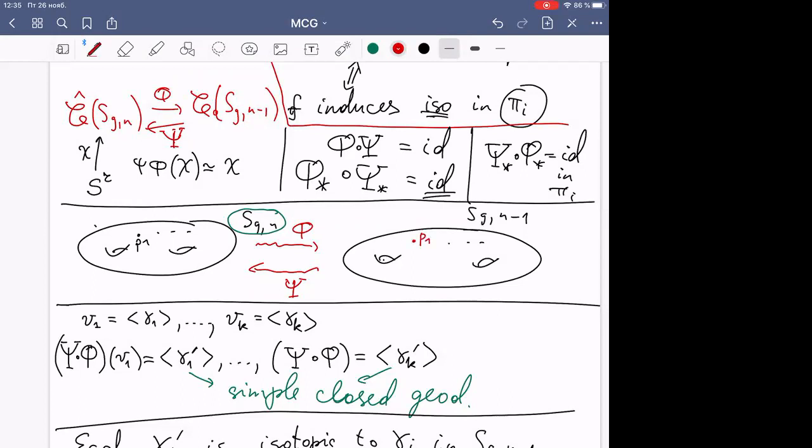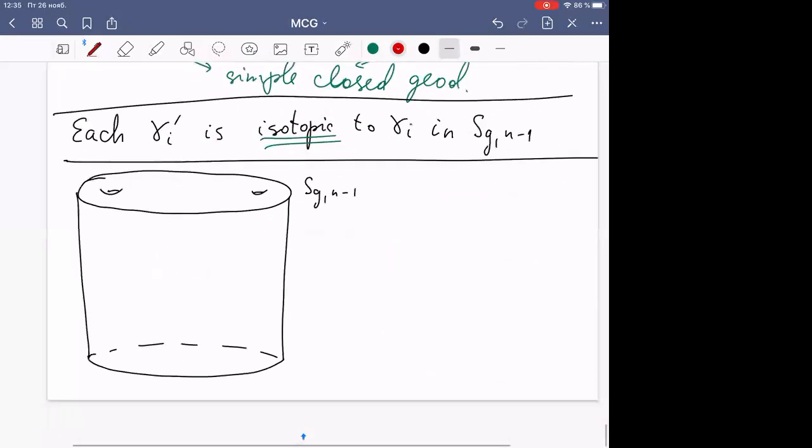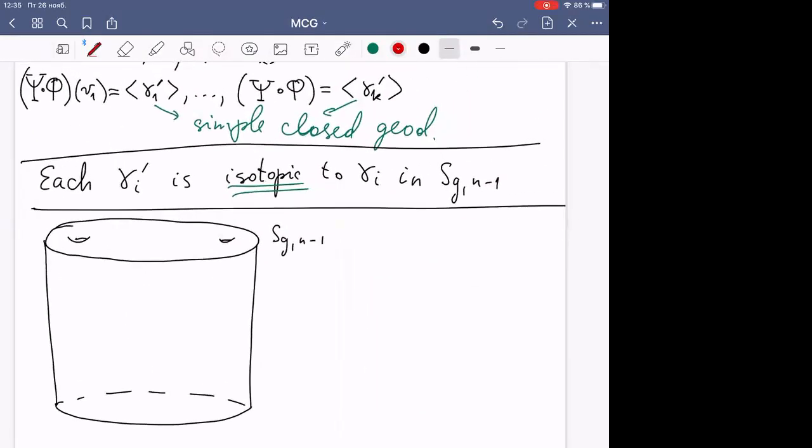It is always convenient to have this point in mind. So it is not a puncture anymore, but it is convenient to have this pre-chosen point. Okay, if I have here SGN-1 times